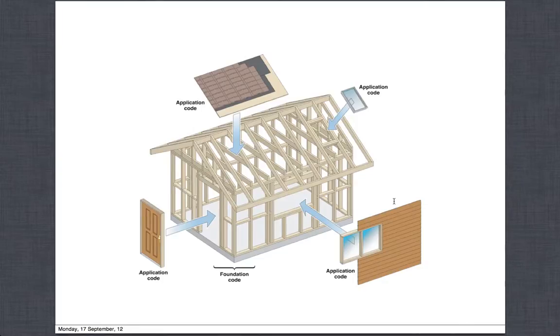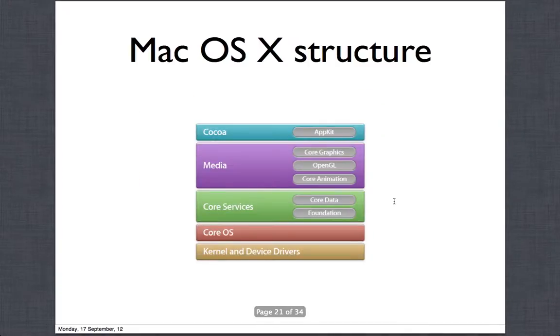It's like when you're building a house, you're given the core. You're given all the main structures. And it's your house, so you decide what type of roof to have and what type of windows to put and what type of door you like. So those things are your application code. Those things are implemented by you, but there's some foundation that you don't have to worry about. But you can change it if you want, but most of the time you're using all the same things that many other people use. So OS X has this